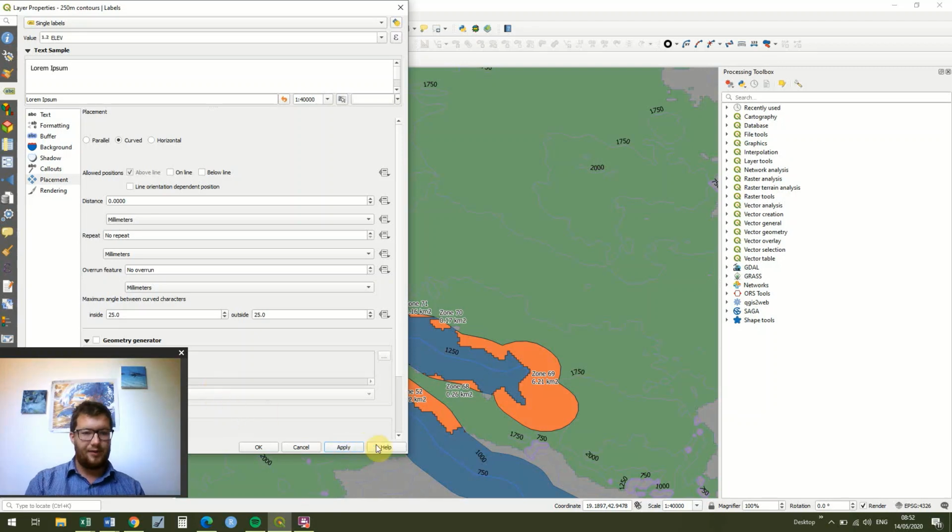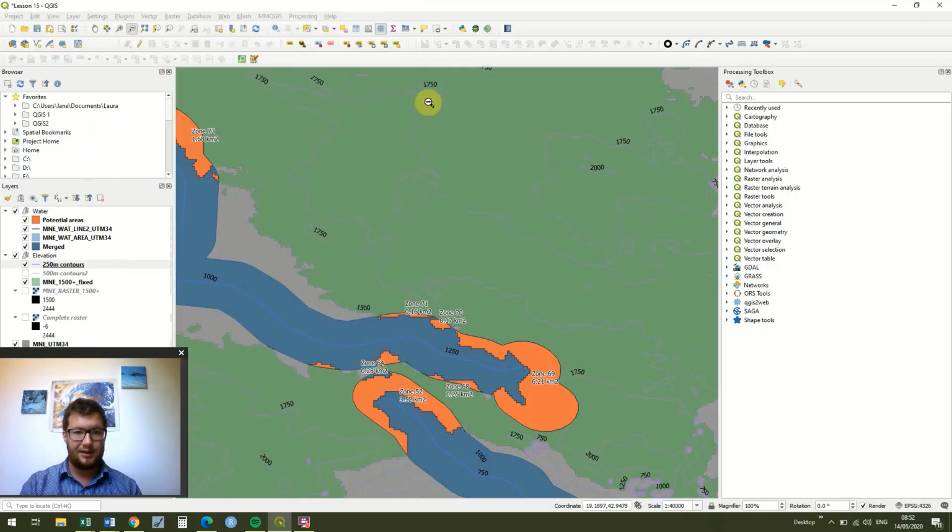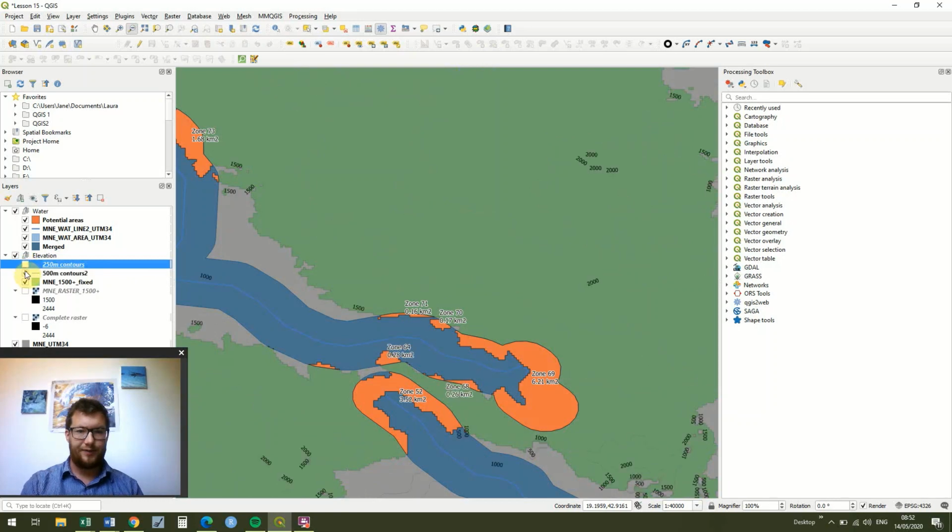This is going to remove some of your labels because it requires more space. All your contours will still be there. But QGIS is quite good at picking out the better ones. And you can see this is just a much nicer looking map because it curves around the contours. I'll show you, it'll probably work better on 500. So if we curve these,